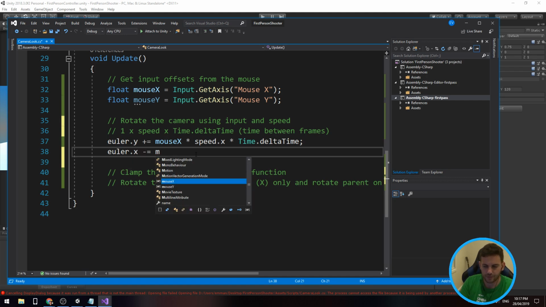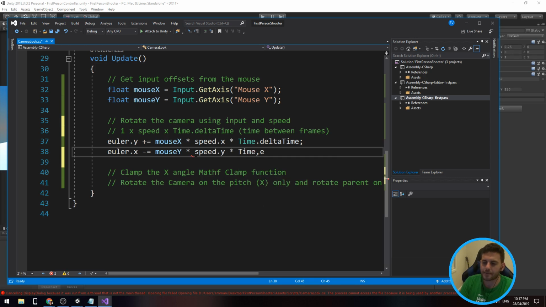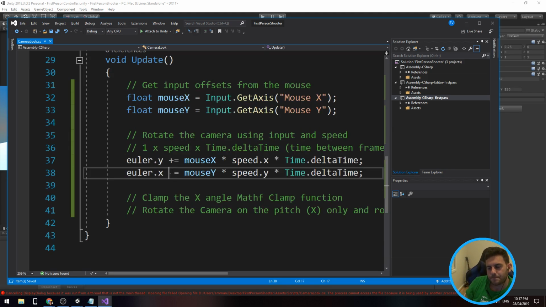Euler.x minus equals mouse y times speed. Now you might be thinking, why am I doing minus equals here? For the love of my OCD, why are you doing that? Well, the reason is because I'm doing pitch,